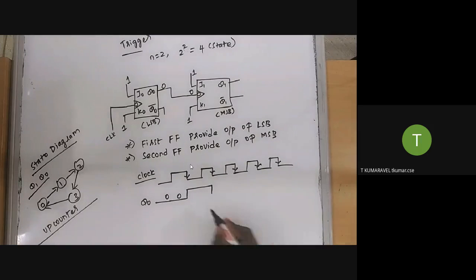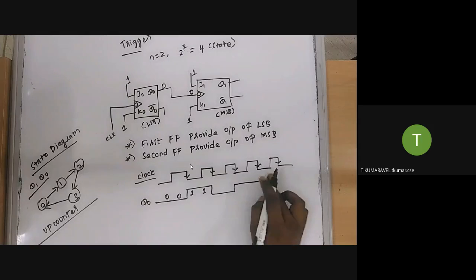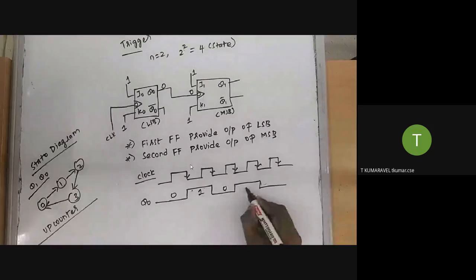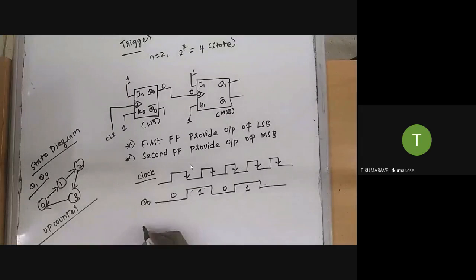until it encounters the next negative edge trigger. Here the negative edge trigger occurs, and this is a 1. Then it goes down to the value 0. Again a negative edge trigger occurs, and the value goes down. Again one negative edge trigger occurs. This is called a 0 and this is called a 1. 0 and 1. Okay, what about